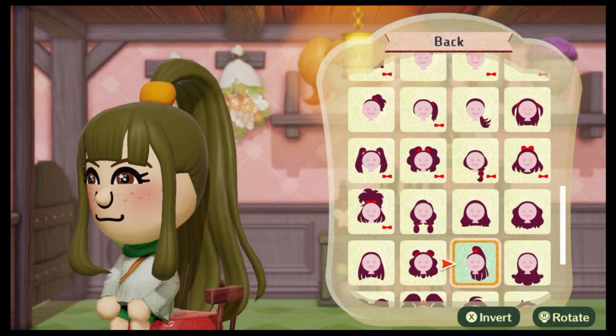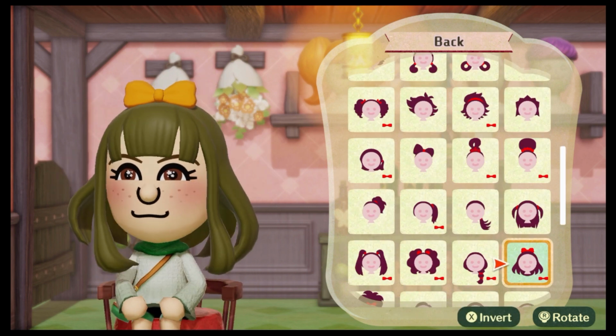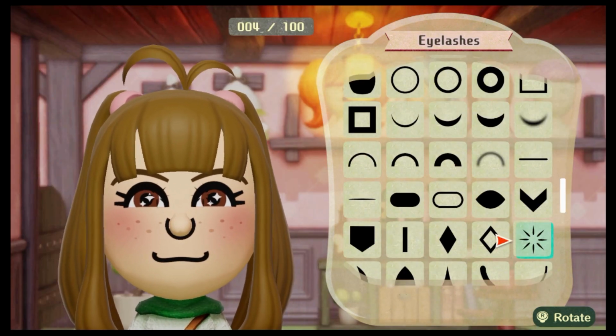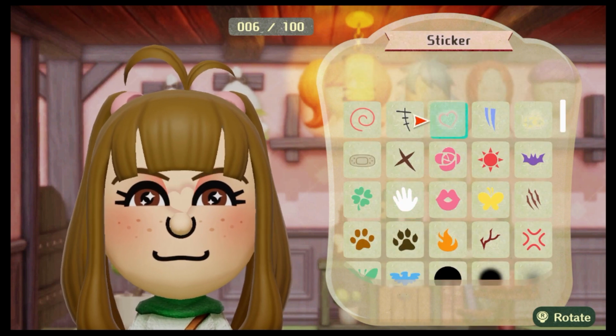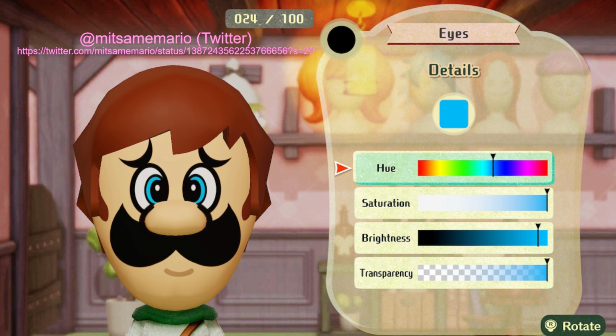I do honestly like it. All the new hairstyles and ways you can color the wigs is honestly really nice. Look at these hair physics. All these makeup options are also super cool. You can make your characters look a lot cuter and cooler now. It's not super amazing or anything, I guess you can— Hey, that's—